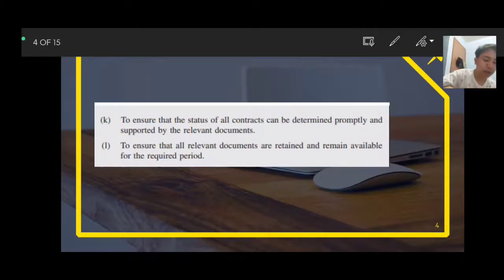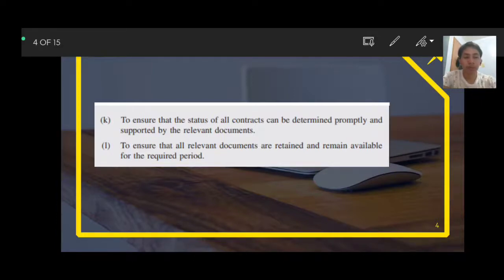topic na which is the contracting and tendering documentation ay maayos na nakatago dapat yung documents na hindi mawawala, madaling i-trace. Yung nakatago siya pero madali siyang i-trace ng authorized person. Then, dapat secured din siya. Then, dapat hindi magle-leak yung information na nasa loob ng document. And also dapat accurate yung information ng document na nakalagay doon or yung ginawa.